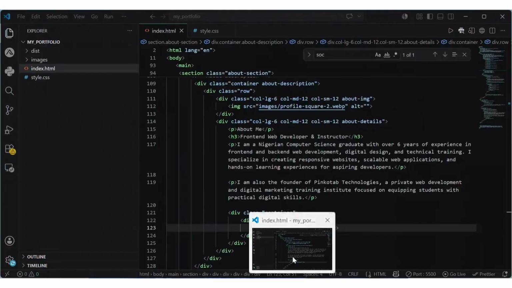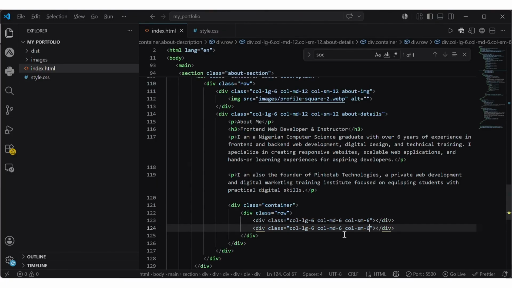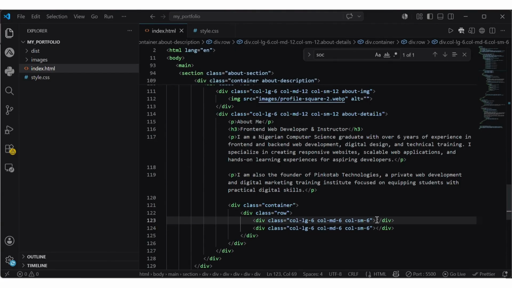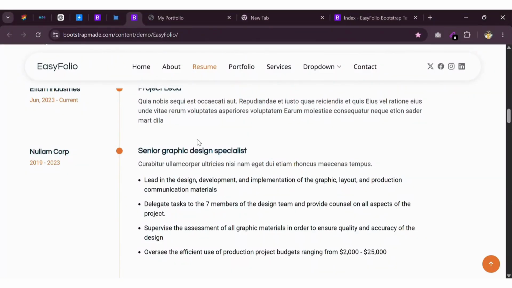So we're going to have col-md-6, which is tablet view dash 6, because it's still 2 columns, right? I'm going to have col-sm for smaller devices dash what, 6. So that's it. So we duplicate this, one for one side and the other for the other side. So for the first side, we have